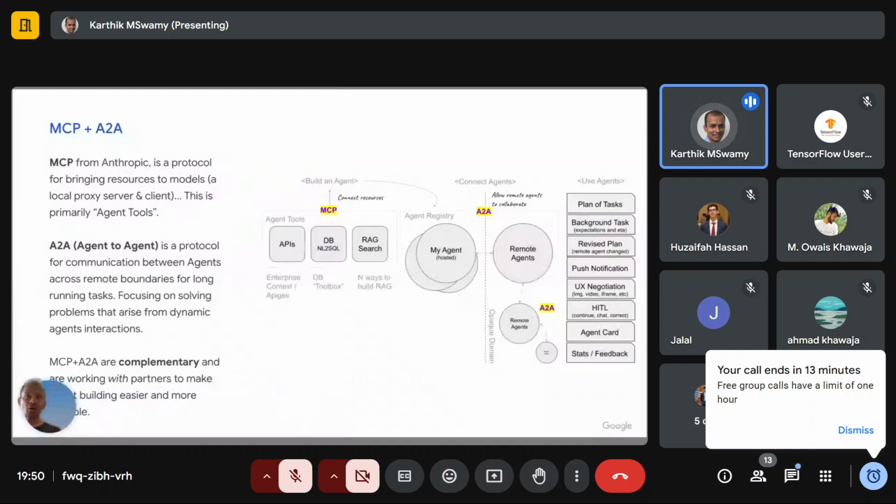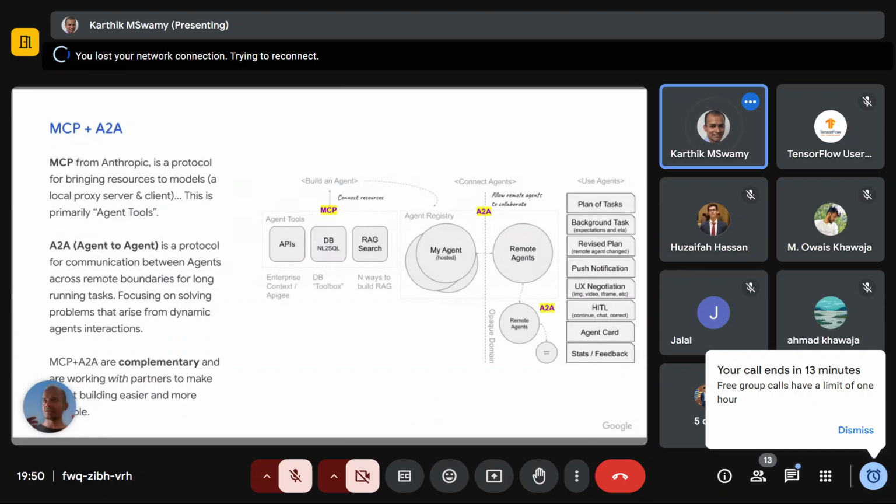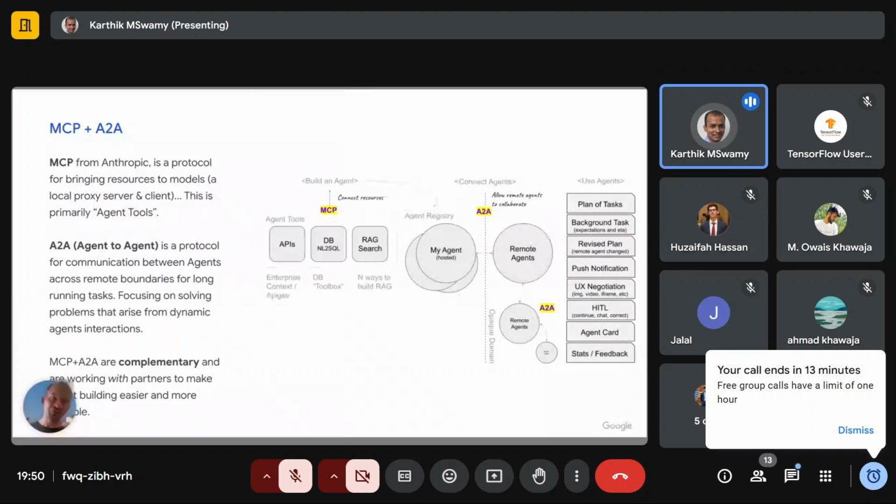So if all of this is new to you, if you've heard of MCP but never used it or never read about it, this is a short explanation. There are MCP servers where people host their applications so that other LLMs can access their applications and data. This is a way in which you can make your data available to large language models. An A2A, agent-to-agent approach, is a protocol for two agents to communicate, which means that